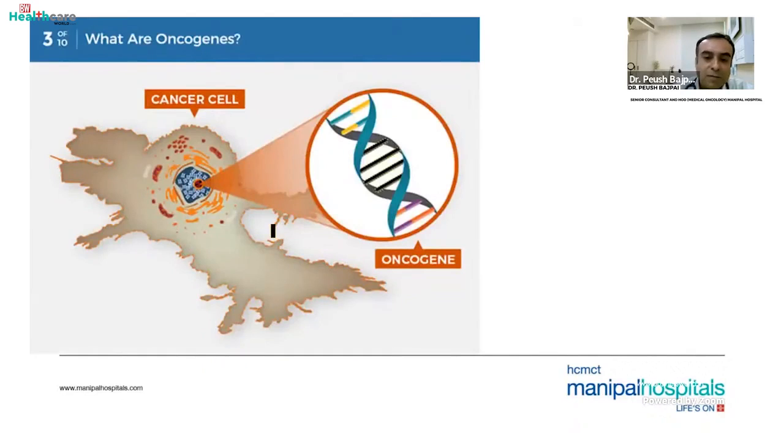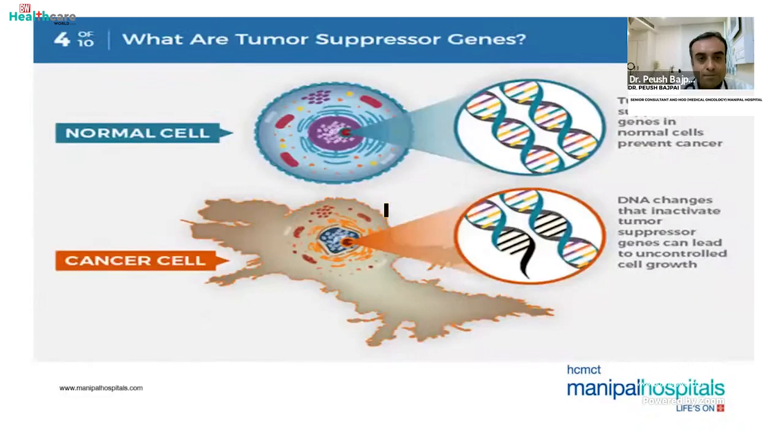Now, an oncogene is basically a part of the normal gene, and this gene is supposed to lead to normal proliferation of the cell, but sometimes these genes get amplified, and therefore they have been called oncogenes because they were identified in a certain subset of cancers. These genes were the drivers of cell growth, and therefore they are called oncogenes. So these are basically normal genes which have mutated, or have been amplified, and they start regulating the cell division very rapidly.